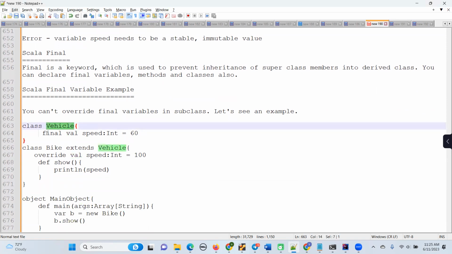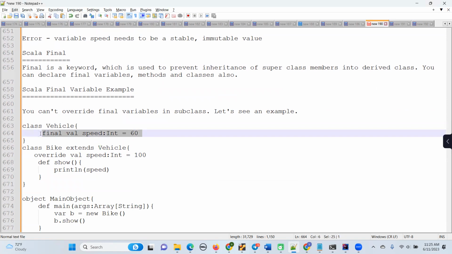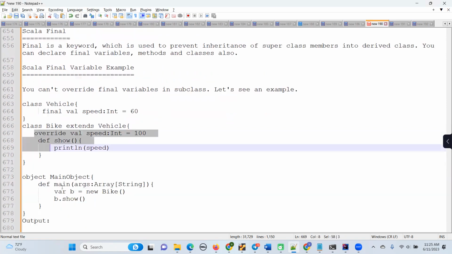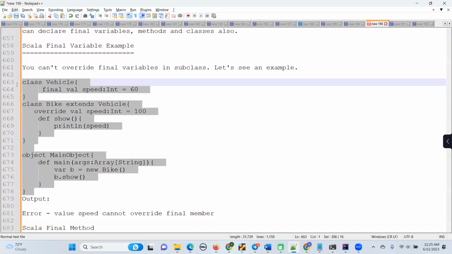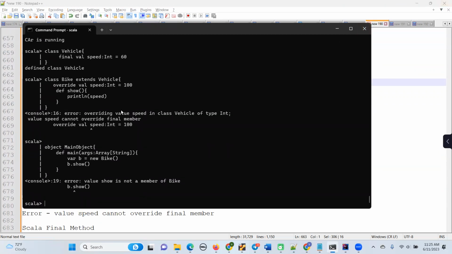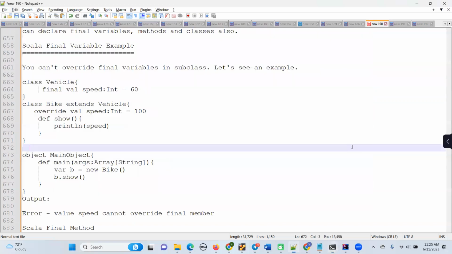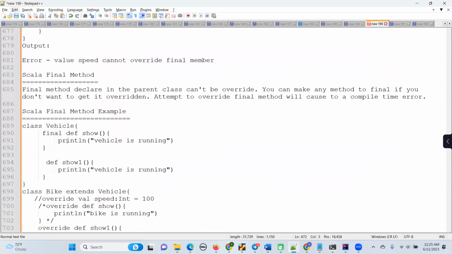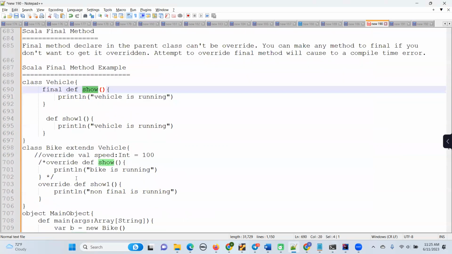So suppose in my vehicle class I have one final variable, and this final variable I'm trying to override here, I'm getting the error. So when I try this, it is not allowed to override. I'm getting the compilation error here, like speed, right? So this is giving the error. So when I'm having a final method, you will get the error, right? You are defining a final def, and then you are trying to override it here. So when you're trying to override,